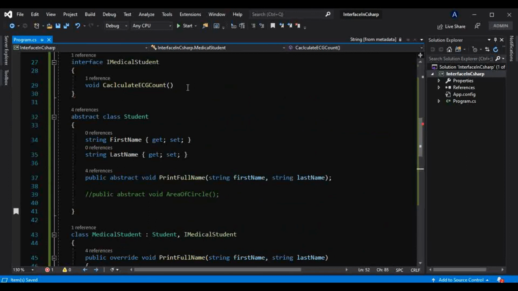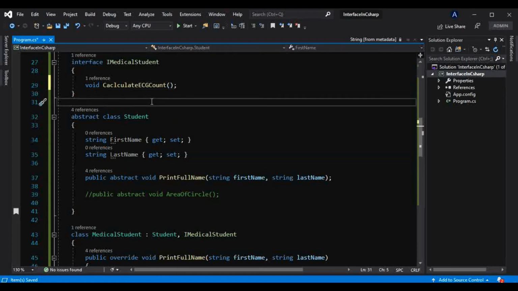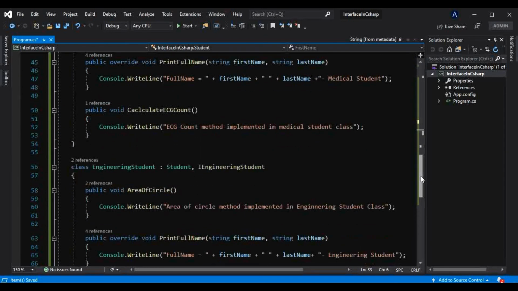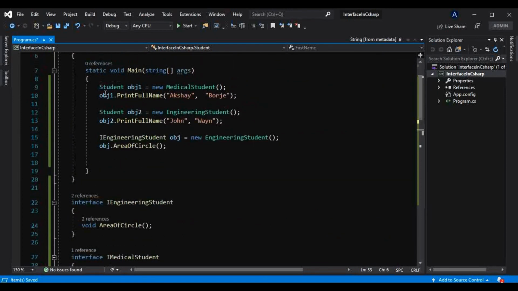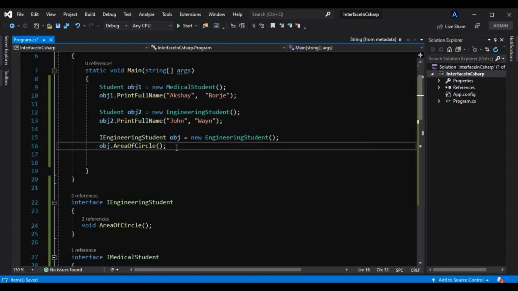So now if you have understood why we use interface in C#, those who are already aware of this interface but were still confused with this concept must be well aware of it now. And for the beginners, this is anyway a new concept. So this is how we create interface in C#, and this is how we use them. And now let's try to use that in the main method. We know that we are using this common method, obj2.print full name and obj1.print full name. So let's try to use that specific method.